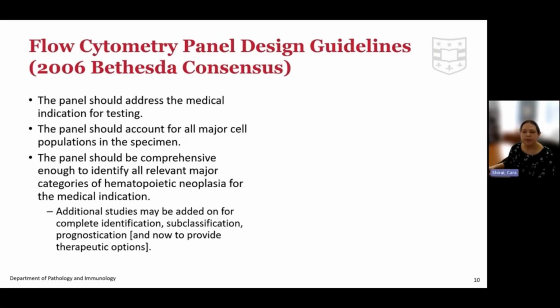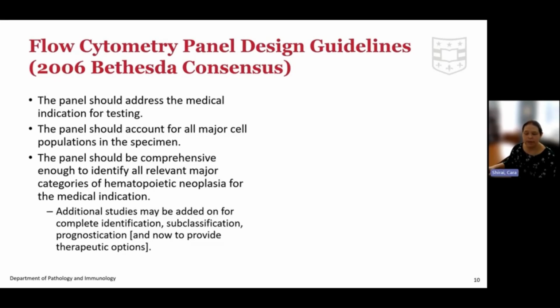There are important considerations when designing a panel for leukemia lymphoma flow cytometry analysis. In 2006, a group of experts met in Bethesda, Maryland to provide the clinical flow cytometry field with guidelines for medical testing indications, the cell antigens that should be assessed, and the important components to include in a pathologist report. The recommended flow cytometry panel design should address the medical indication for testing, account for all major cell populations that are expected within the specimen, and be comprehensive enough to identify all relevant major categories of hematopoietic neoplasia for the